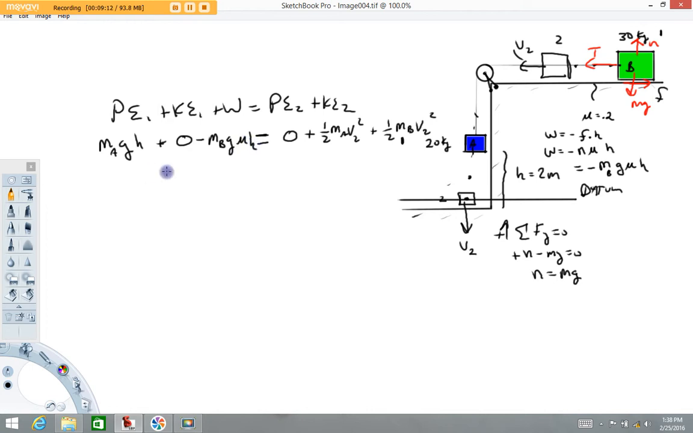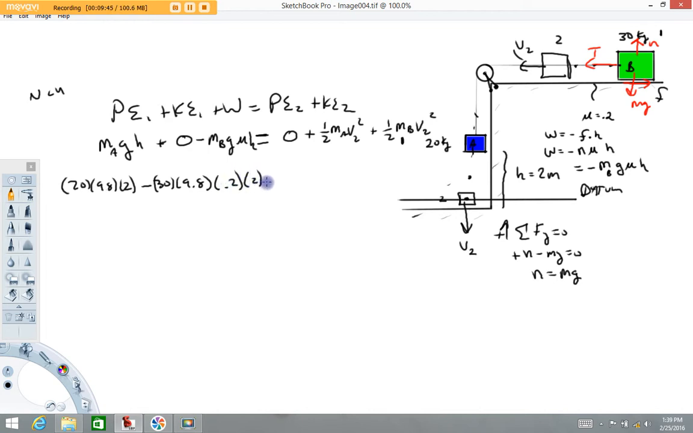And there's my completed work energy equation, taking into account the fact that we have an external force here, an external frictional force doing work on the system. I'm going to go ahead and put numbers into this thing now, and I'm going to put NCU here, which stands for note consistent units. So this is going to read 20 times 9.8 times 2 minus 30 times 9.8 times 0.2